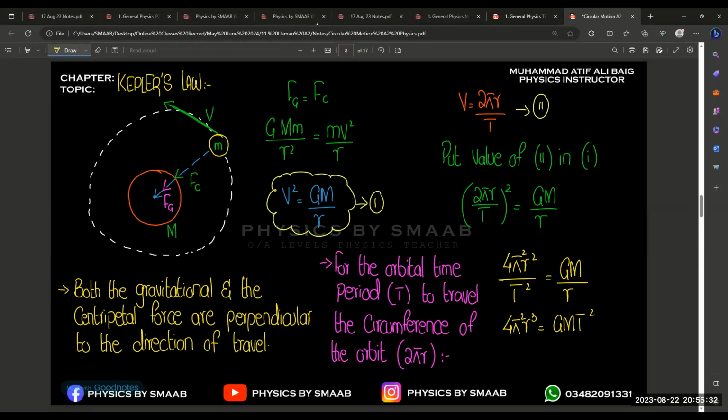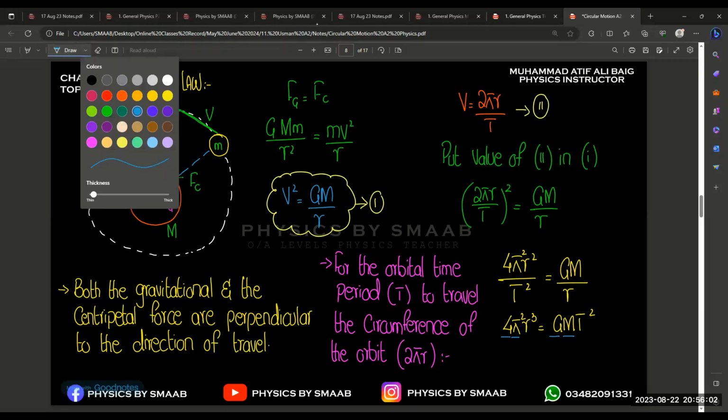Okay. Now if we highlight the constant values, right? So 4 is the constant value, pi square is the constant value, capital G is the constant value, and m is the constant value, right? So if we make all the quantities constant, rather than r cube and t square, we finally get t square and r cube if we add all the quantities into the constant. So your final equation will be like